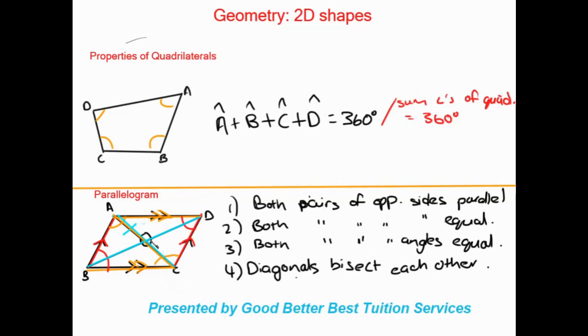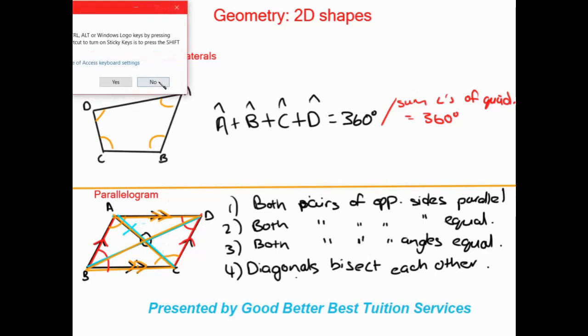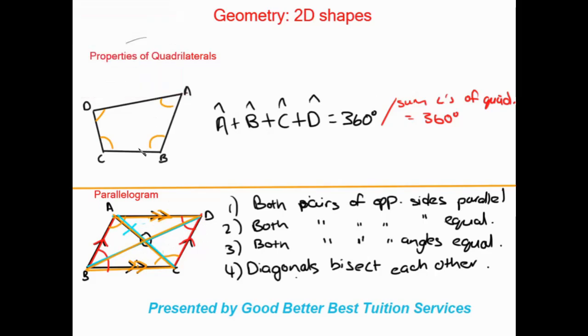So that's what bisect means. It means cut in half. Obviously if you cut the line in half, it's going to have two equal halves, which means also that this half over here is equal to the half on the other side, because that's also bisected. So the diagonals actually bisect each other, which means that on both those lines, the two halves are going to be equal to each other. Cool. So that's the properties of a parallelogram. Moving on,